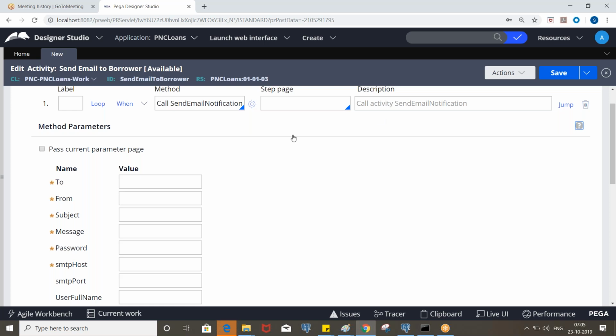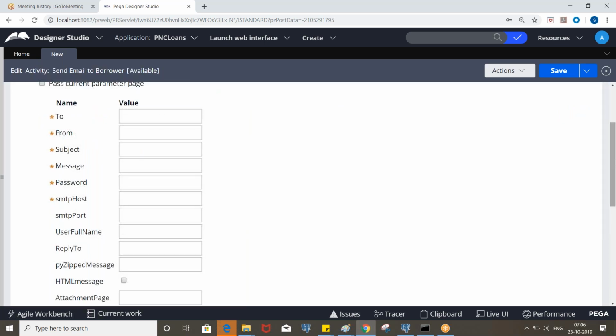Yesterday we created the email account, where we have some of the details available, right? The to, we are reading it from the work page, the to email address, and the from we need to take from the account. The password and SMTP host as well. So these three parameters we can take from the email account, and two we read from the PY work page.